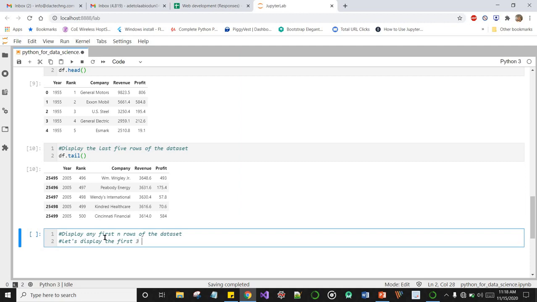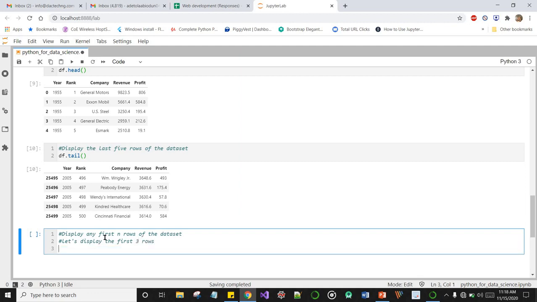Since it's the first 3 rows, you would guess that we're still going to use data frame.head because we are looking at the first 3 rows starting from index 0. And you open your brackets.